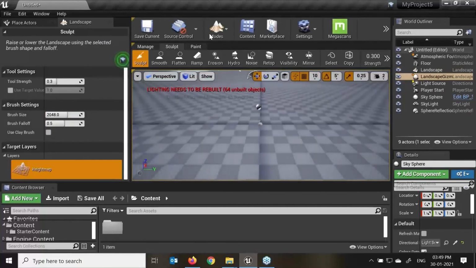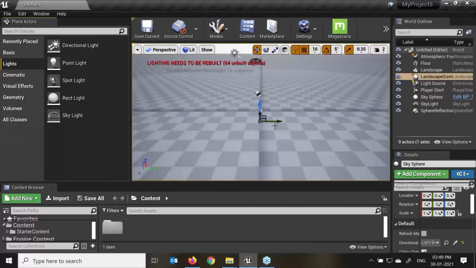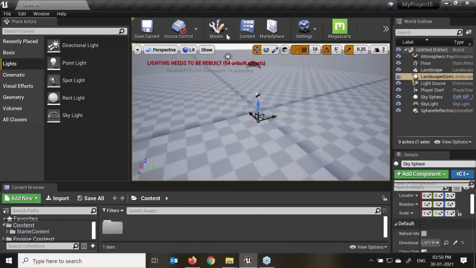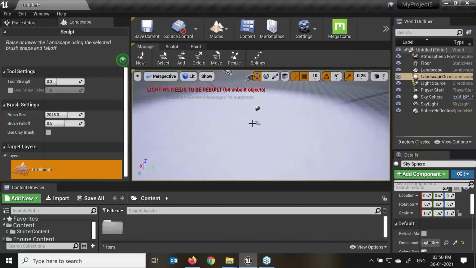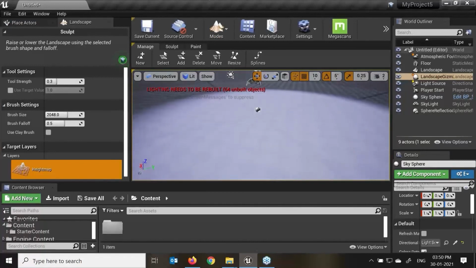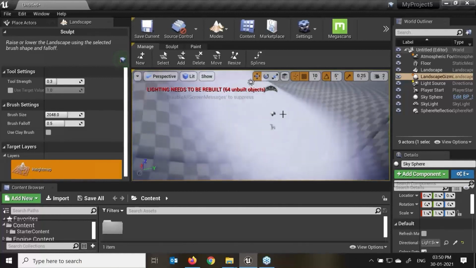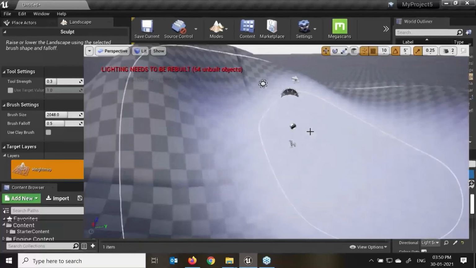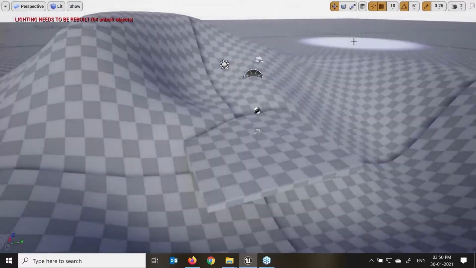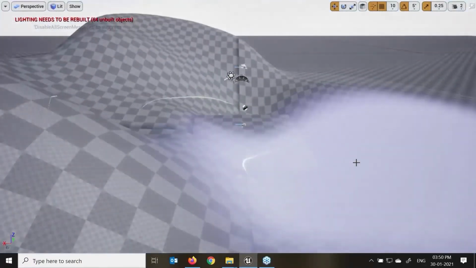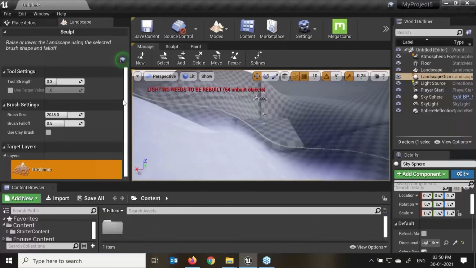Here you can see I've created this with the Landscape mode. If I come to Select here, now I'm not in Landscape Edit mode. Now what is Landscape Edit mode? If I click on Landscape here, I can pull and push if I want to make the terrain. Just Shift left click here. You can see zoom out, right? I'll maximize that viewport here. I can do that as per the requirement. This also depends upon the resolution which you have created during the height field map.